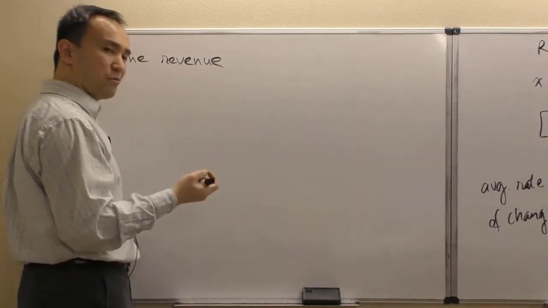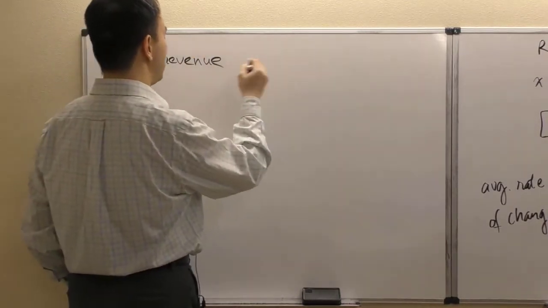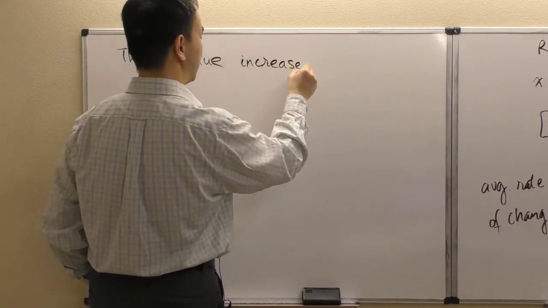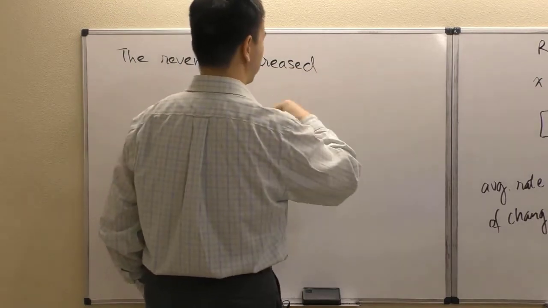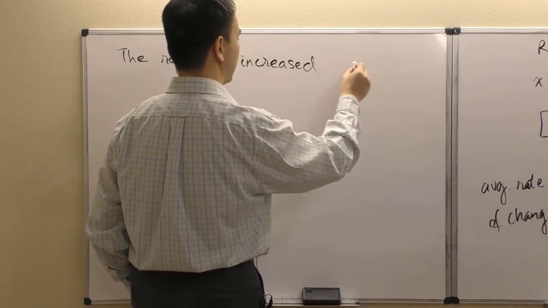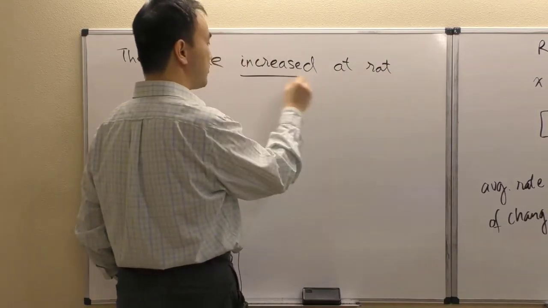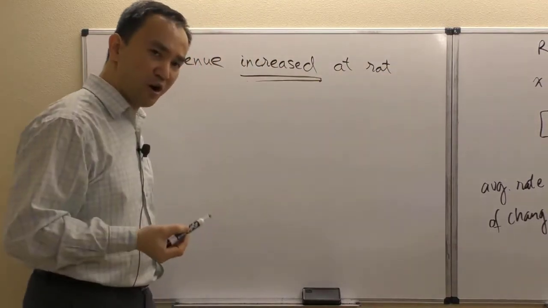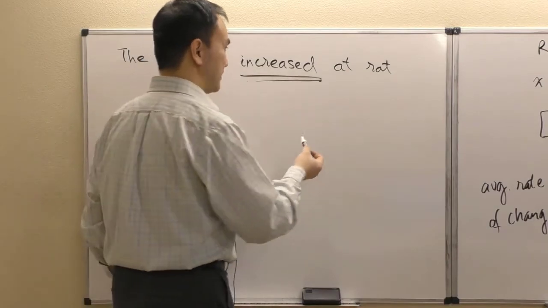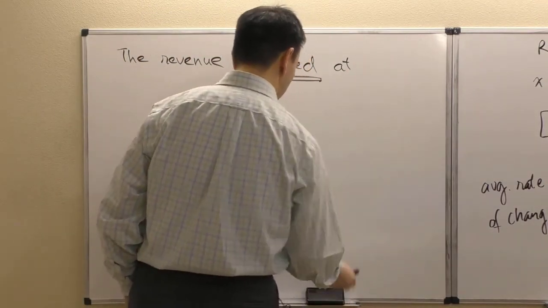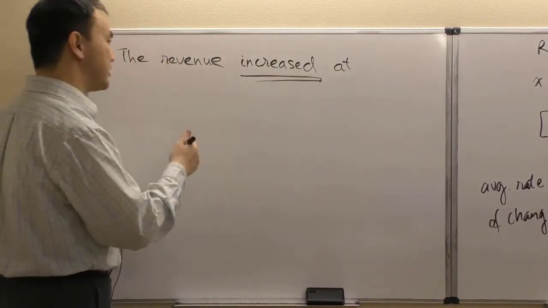In the practical meaning, the revenue increased, or grew. How do I know it was increasing? Because we had a positive rate, as we changed from selling 20 units to 30 units,